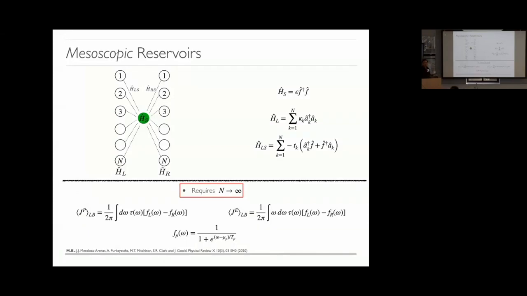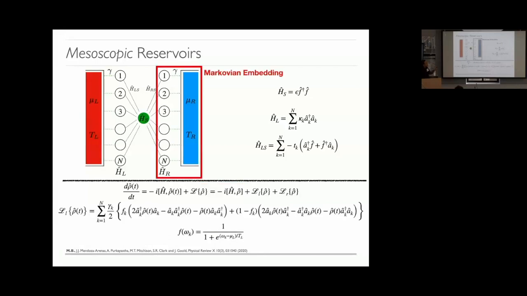But here's the kicker. What if you put a Markovian embedding on each one of these modes separately in such a way that you can keep each one of these modes finite? This is our Markovian embedding right here. Now, what I've done is very phenomenologically shown you how you can do a Markovian embedding on multiple modes in such a way that you recover Landauer's theory. In this case, you're going to get a master equation, because the embedding is Markovian, so you can justify all the approximations that lead you to a Markov equation, to Lindblad.